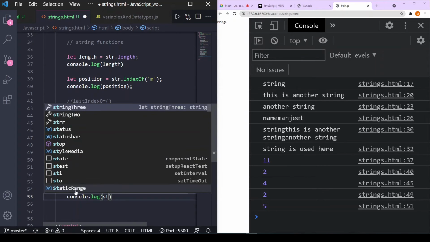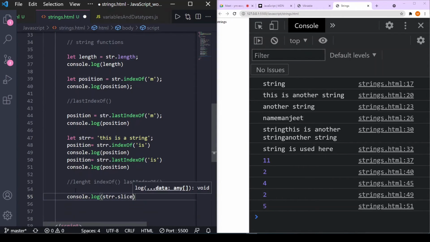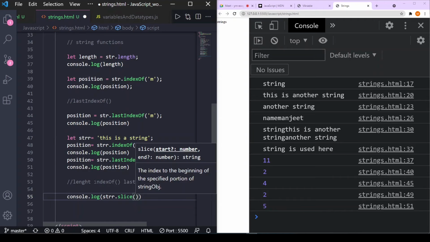Okay, we want str.slice, and you can see that slice uses two parameters. First is the start index, from which index we want to start, and the end index, at what index the part we want will end. For example, for simplicity I want this "h" only.